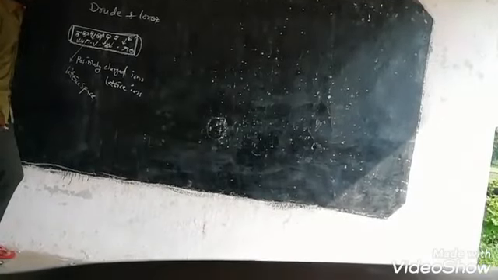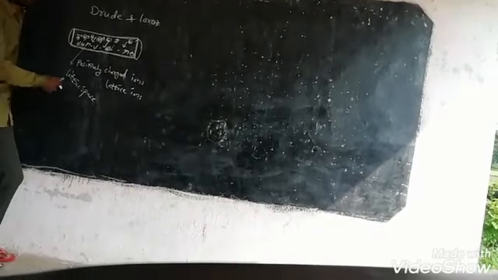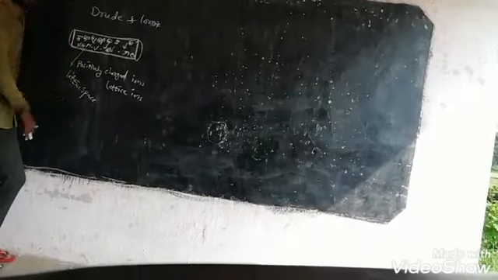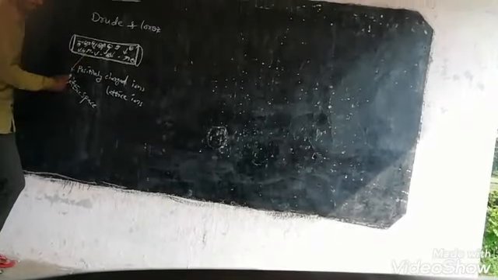Once again, listen carefully. Here this is a conductor. In this conductor negatively charged particles are there, and these are electrons. They are in zigzag motion or random motion, and positively charged particles are fixed at one point. This is an open circuit, which means we are not connected to any battery.